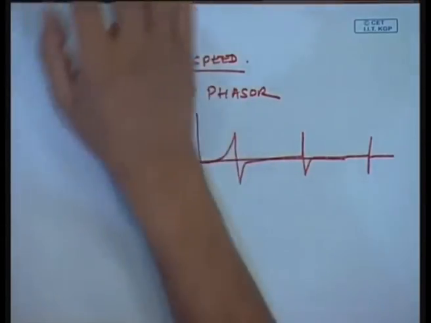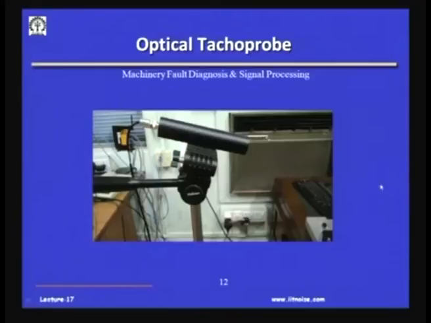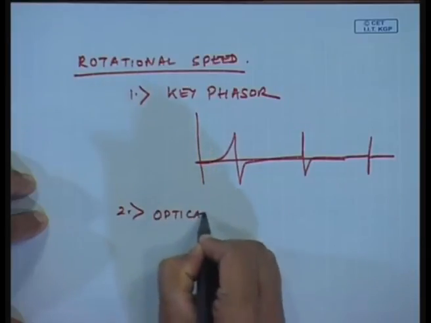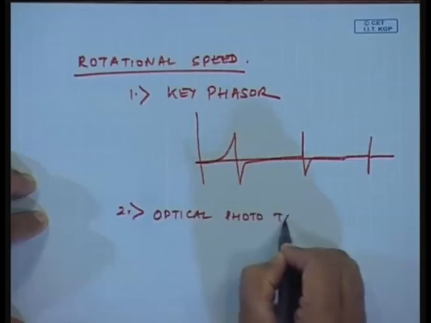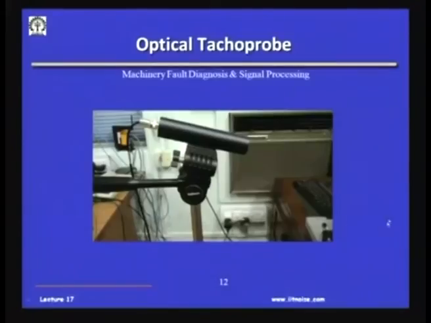Okay. The next one is the phototach, wherein of course, you do not see the setup here, but this is a device wherein I give an optical light, and on the shaft I can put a reflective tape, and every rotation this reflective tape is going to come just below the transmitted light. So, it is going to reflect it back again. So, I will get a light pulse back. So, again from the electronics I can measure the time distance between the transmitted and reflected and know the time taken for one rotation.